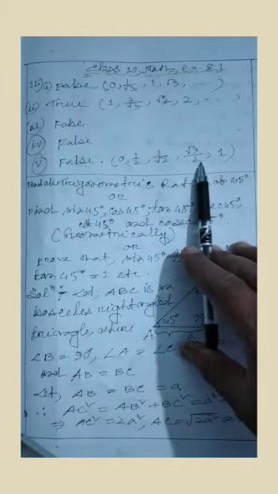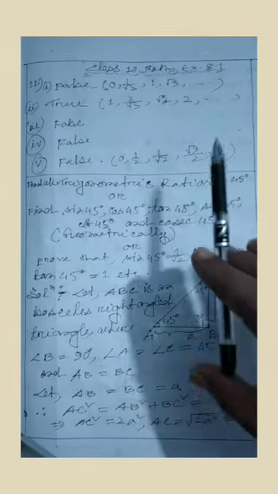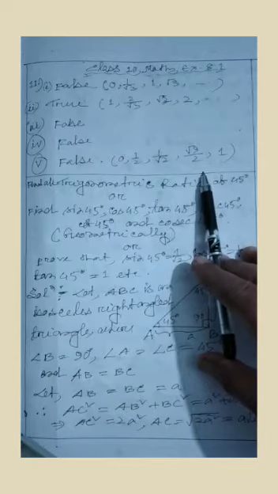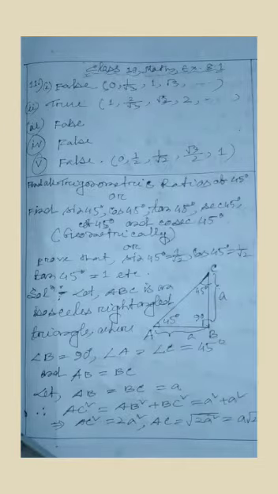Now, from the table, you can find the values. First you have to learn the table. From the table, you can find sin 0, sin 30, sin 45, sin 60 like this, cos 45, tan 45 like this. So how can you get the values in the table? How can you find the trigonometric ratios of 45 degree geometrically? I will show you. A question may come like this also.